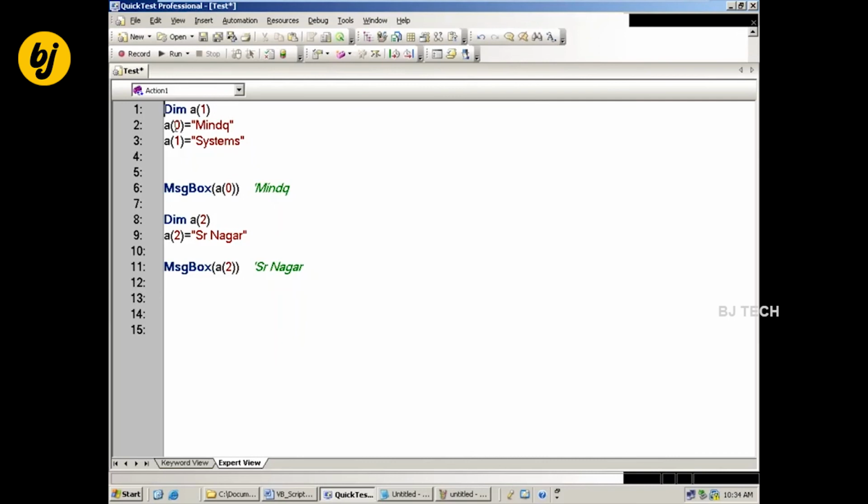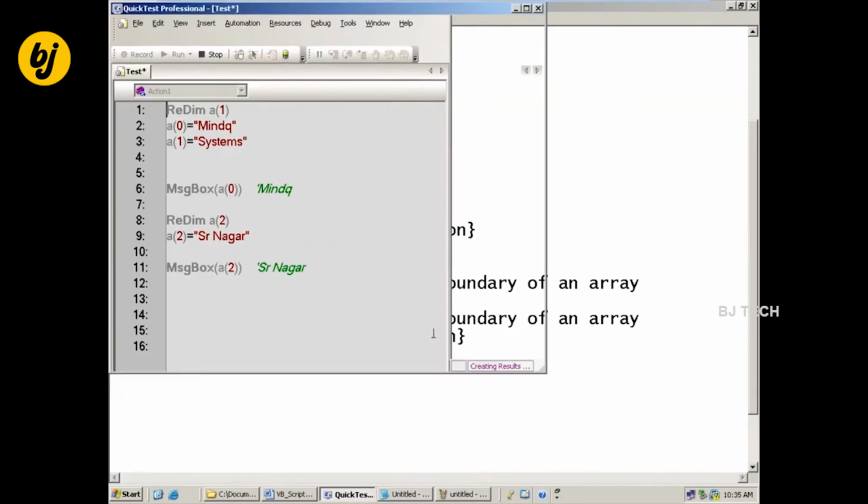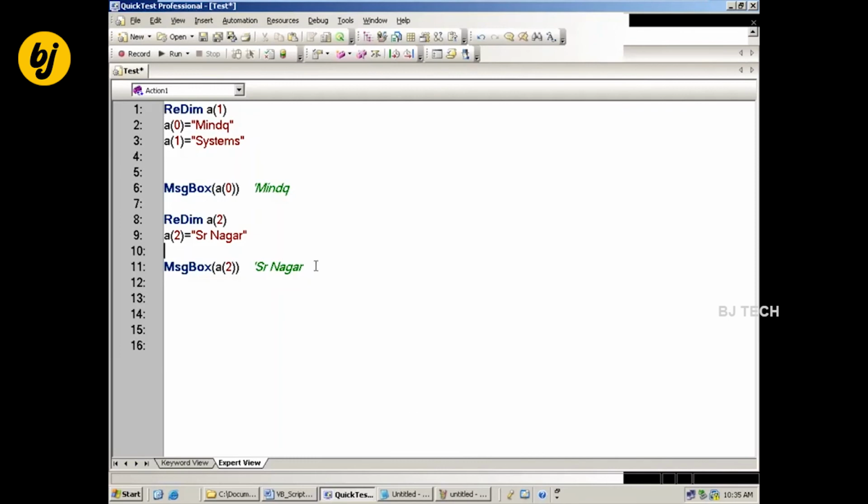Now what I should do here: in the beginning itself I should write Dim, and here also you can go for ReDim. If I run, MindQ. Yes, it is allowing it.